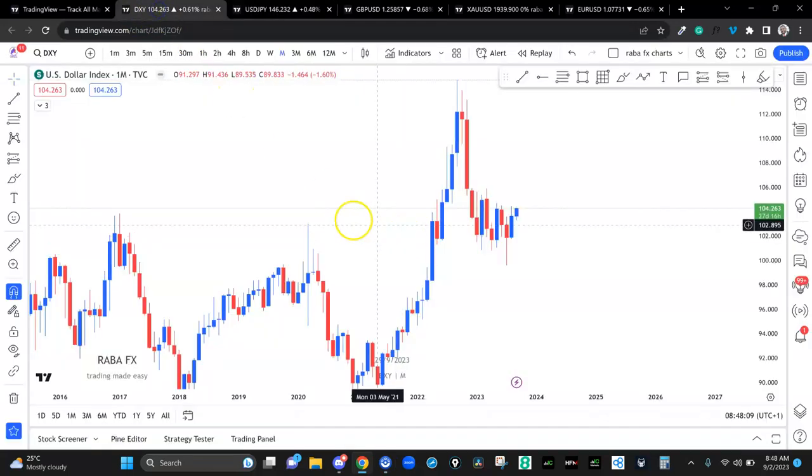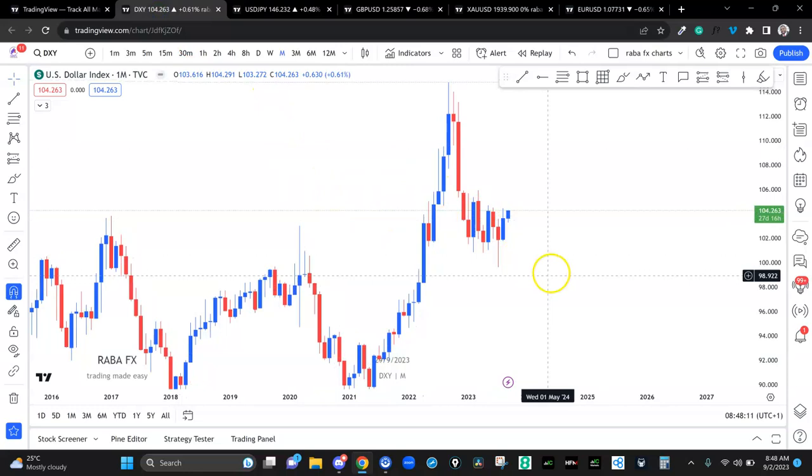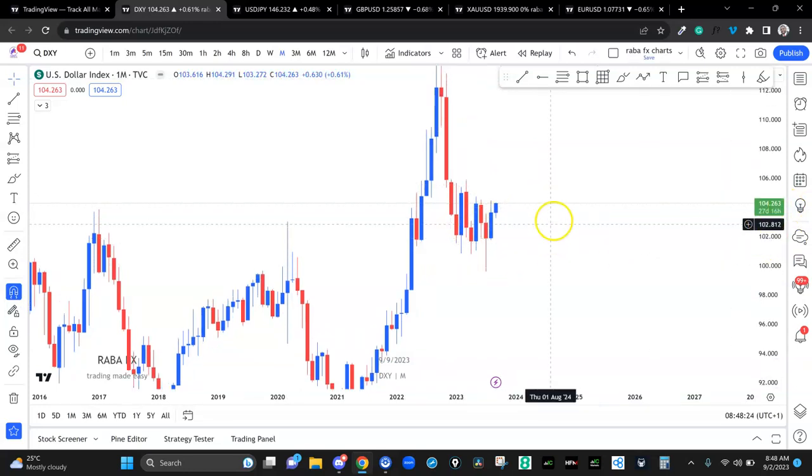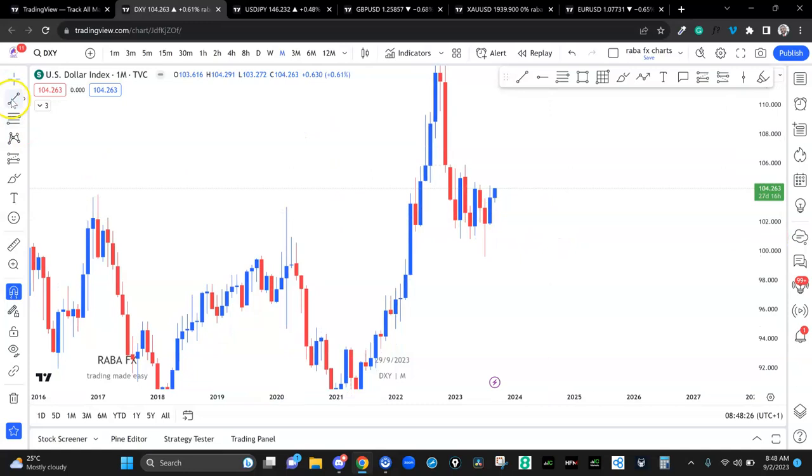Why do we need to look at the US dollar index? We need the US dollar index so that we can gauge the strength of the dollar against major currency pairs like the euro, pounds, and so on. Okay, so looking at the US dollar index, we can see the price is moving from